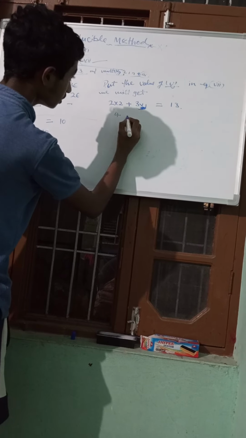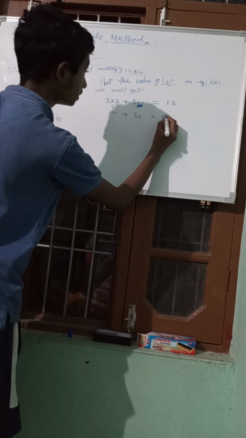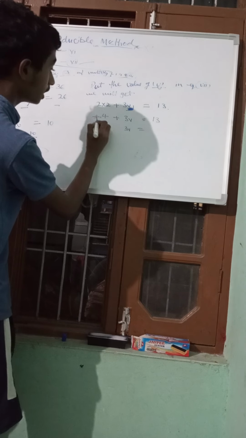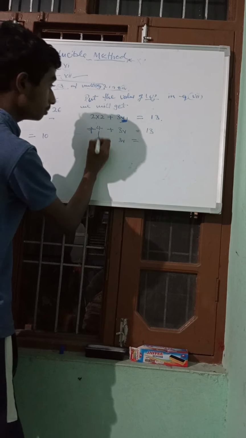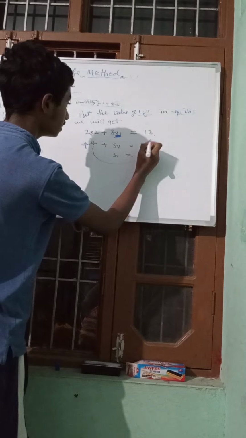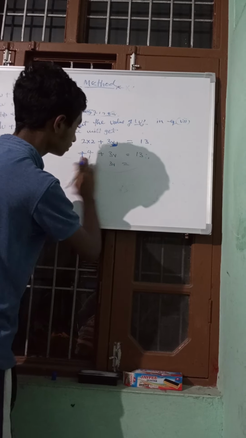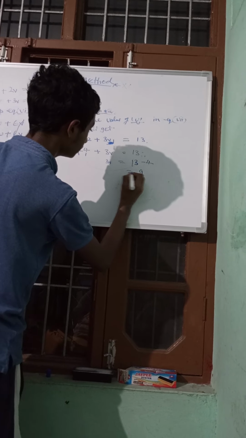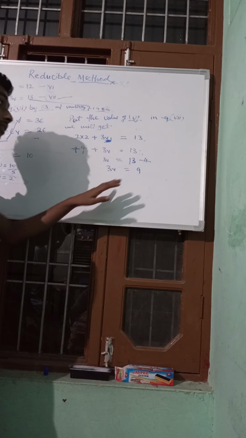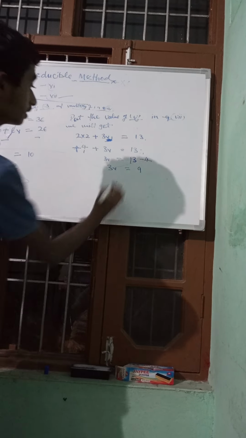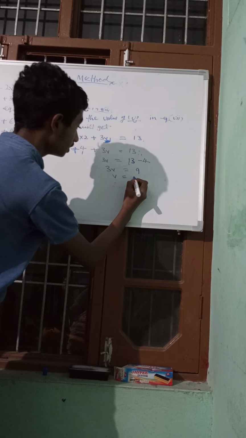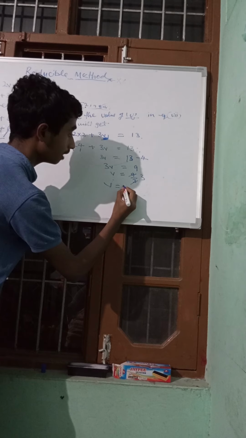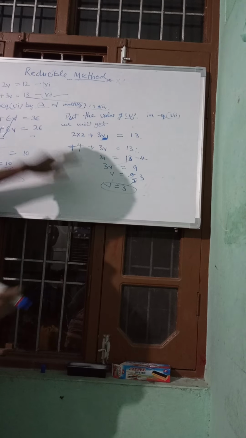Now it will be 4 plus 3v equals 13. The 4 is with the positive sign, so when we send it to the other side, it becomes negative. So it will be 9 equals 3v, and as we know, whenever a number is multiplied with a coefficient, we have to divide 9 upon 3. So we have also found the value of v. Now we have to find out the value of